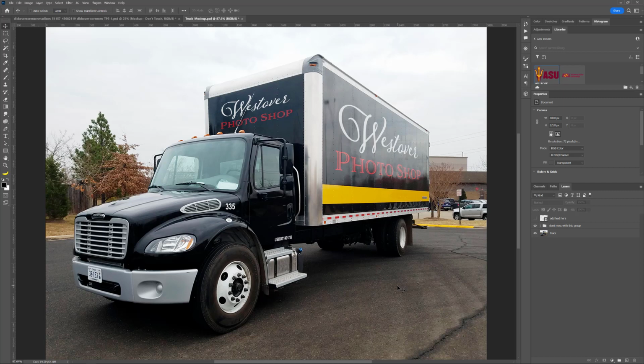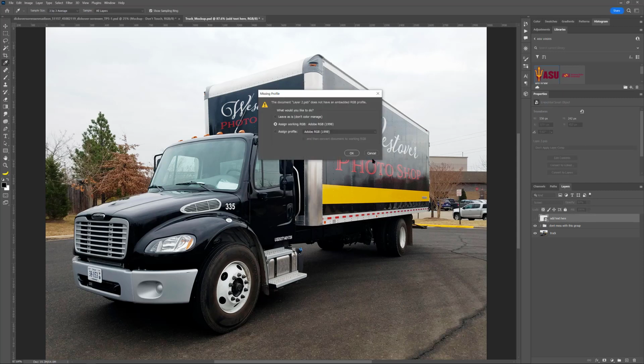If a client says, hey, I'd like to hire you to design the graphics on my company's moving trucks, you want to be able to show them what it's going to look like before actually committing to the thousands of dollars it's going to take to paint those trucks or wrap them or whatever. And so in this case, you make a mockup file because inevitably whatever you make, the client's going to say, you know what, I like that font up there, but can we make it something a little less swirly? And you can really quickly and easily do that with a mockup file because you just double click over here,